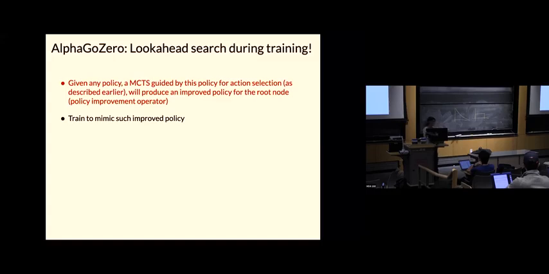So you can think about this Monte Carlo tree search process as a policy improvement operator. You start with some policy value network, you feed them in the planning process, better action estimates and value estimates come out. Then you imitate those, and again, you start, you plan, you get some improvement, and then you iterate. All right, so we'll go now into the details.